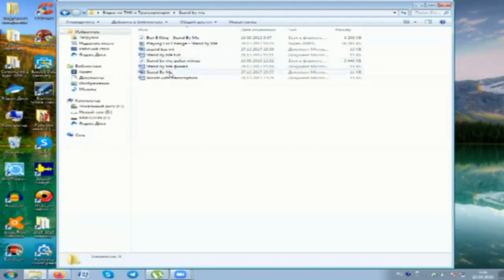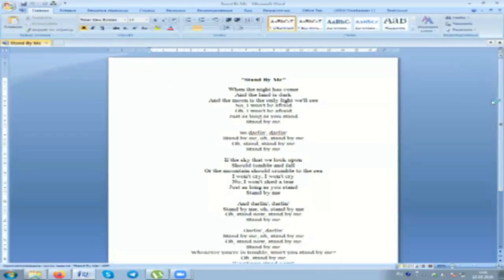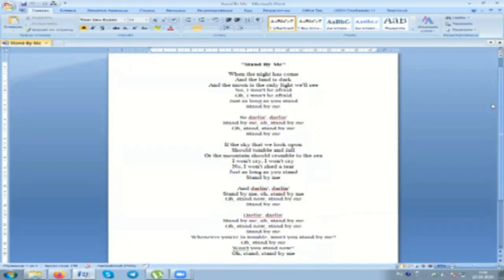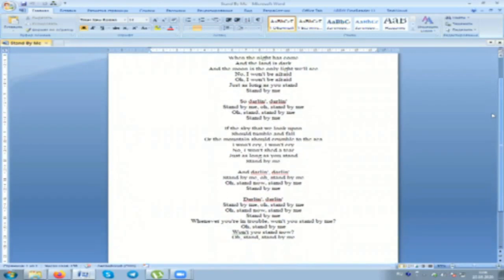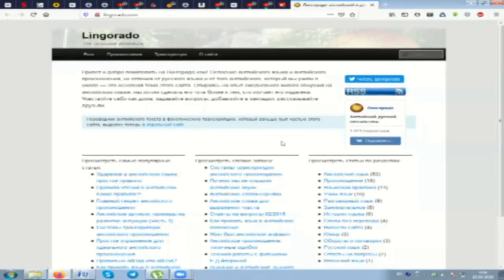So this is what I did with the song, and today I'm going to teach you how to do a similar thing with a text. Here we can see the original lyrics for the "Stand by Me" song, and you see it's just a text file. Then what I did was I copied this and pasted it into this website